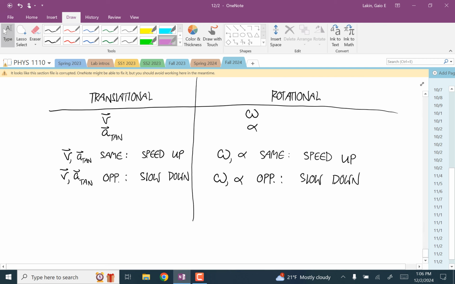Some other stuff, forget about that. There's one last thing I want to get in here. We haven't gotten to this yet. This is what we're going to get to either towards the end of next class or the class after that. But the big result that we got in translational kinetics was that F net is equal to the mass times the acceleration. And we're going to see